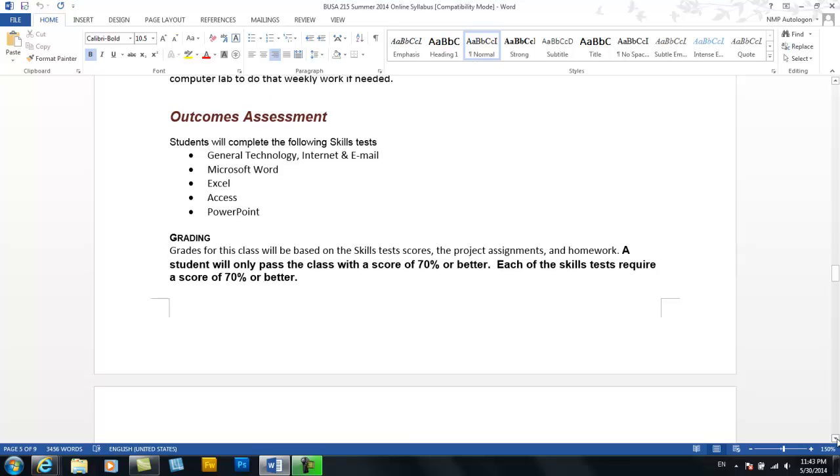There are 5 exams we will take for this class: General Technology, Word, Excel, Access, and PowerPoint. Every single one of these exams must be passed with a 70% or better, or you cannot pass the class. You have to pass all 5 of them 70% or better. Now that may sound scary right now, but at the end of the day when you get to the exams,